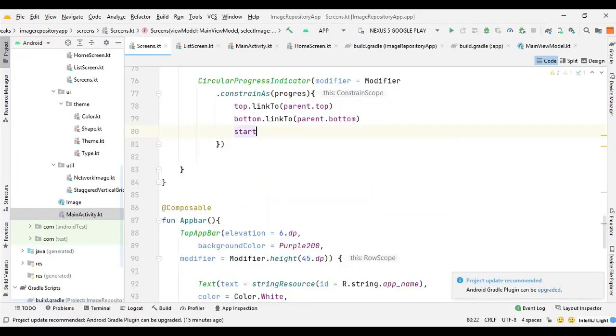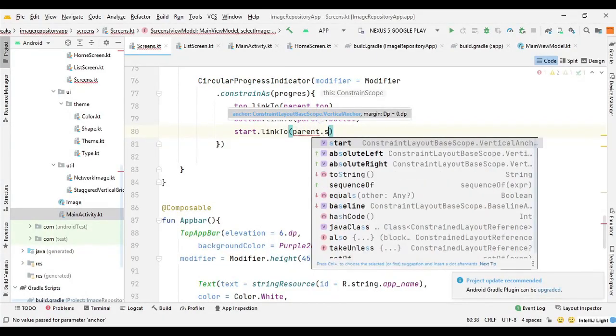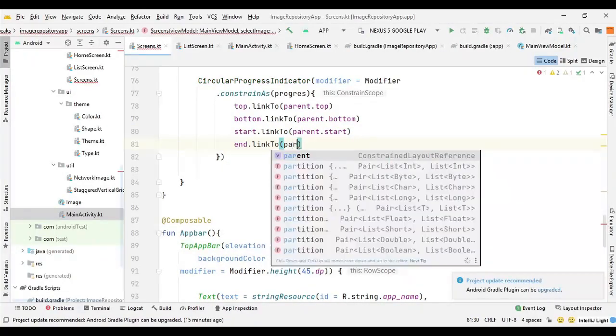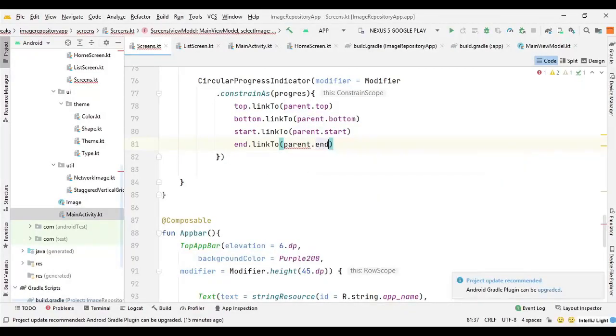So we can say start.linkTo(parent.start), and then from end side we can say end.linkTo(parent.end). So in this way it will show in the middle of the screen vertically and horizontally.